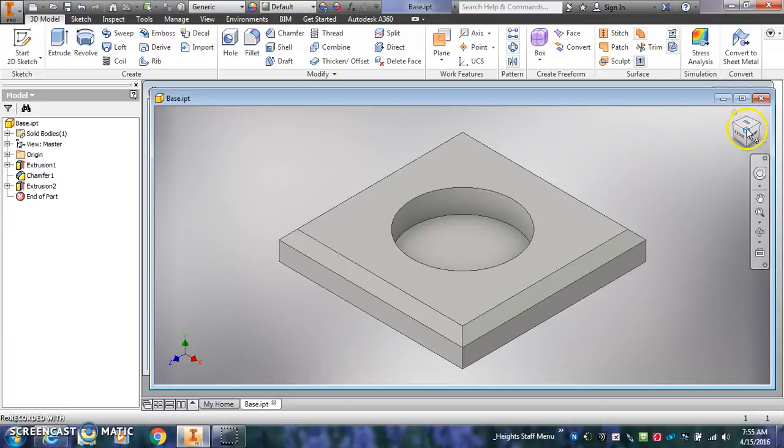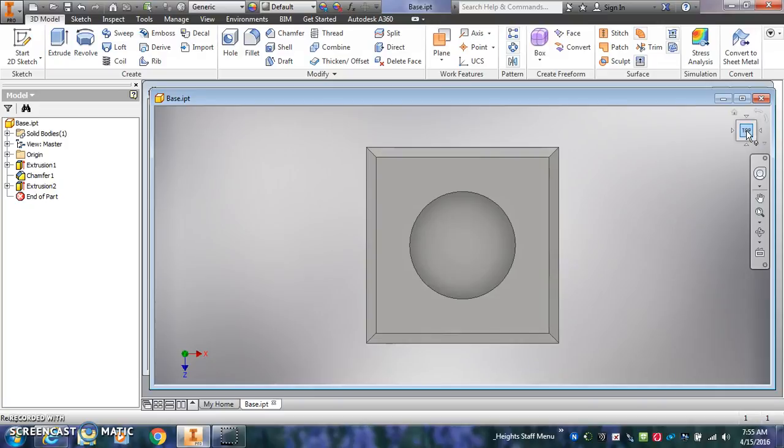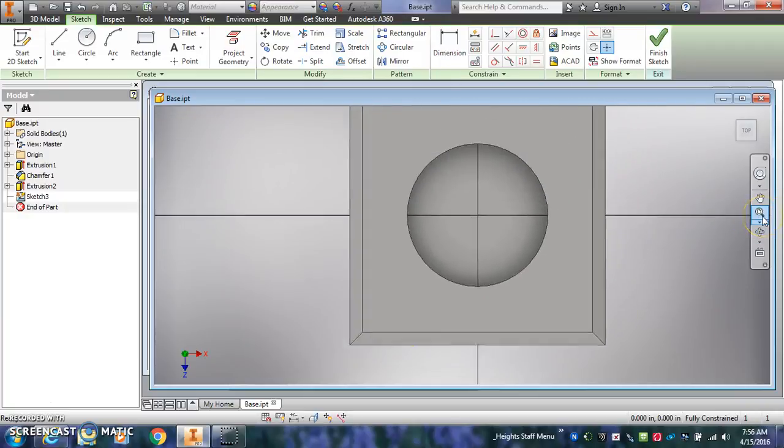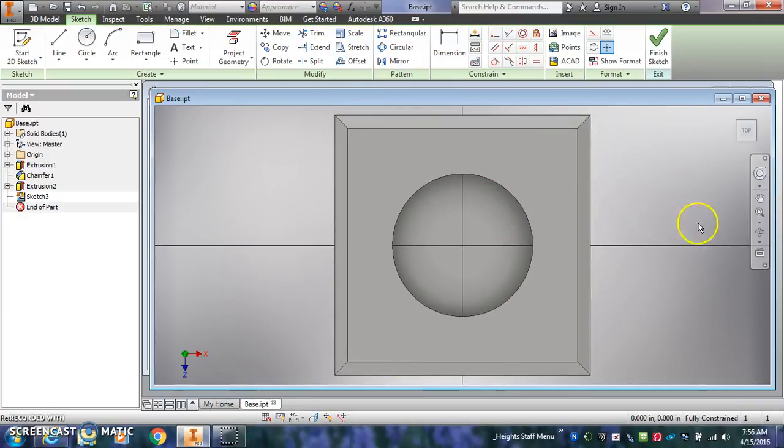I'm going to go back now to the top view of my cube in the upper right hand corner. I'm going to zoom in, magnifying glass. Then I'm going to left click in here and put a new sketch, and then we got to zoom back out. It likes to move the piece around once you do that sketch sometimes. So we're going to click on circle tool again because we need to add a 1-inch circle right in the middle of this one. So you see where these lines cross, right where they cross, right there is the origin 0, 0. So if I left click, drag that out, it wants to be 1 inch, 1, enter,